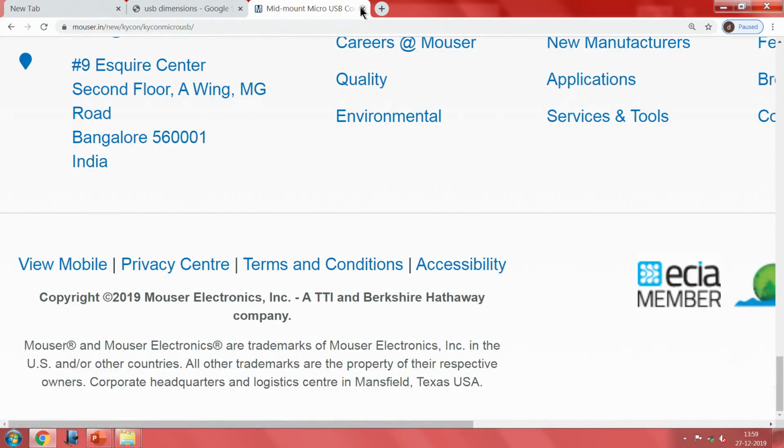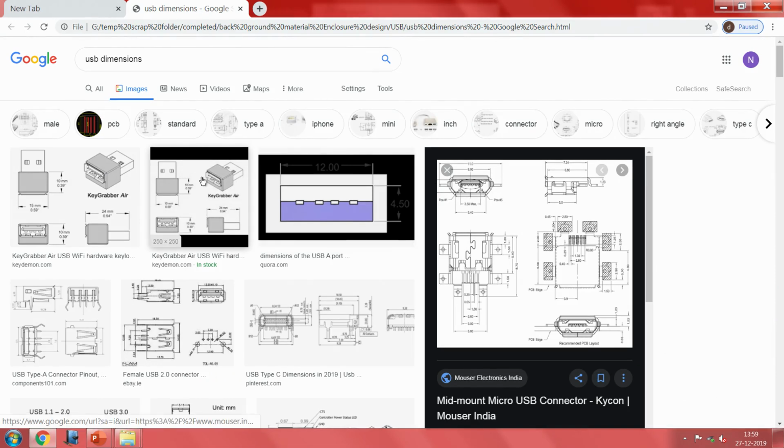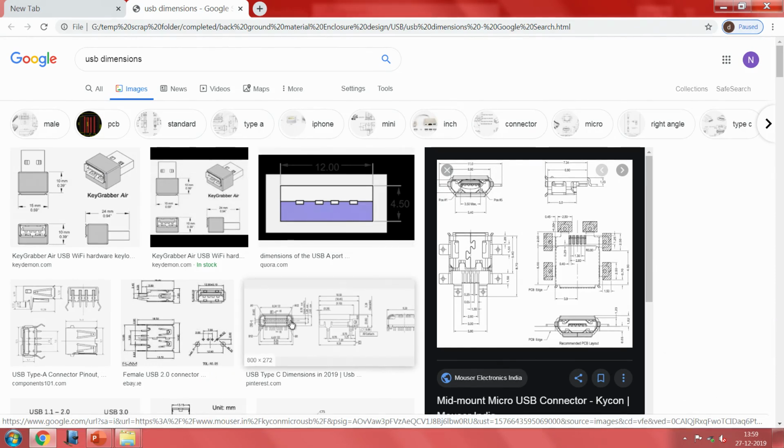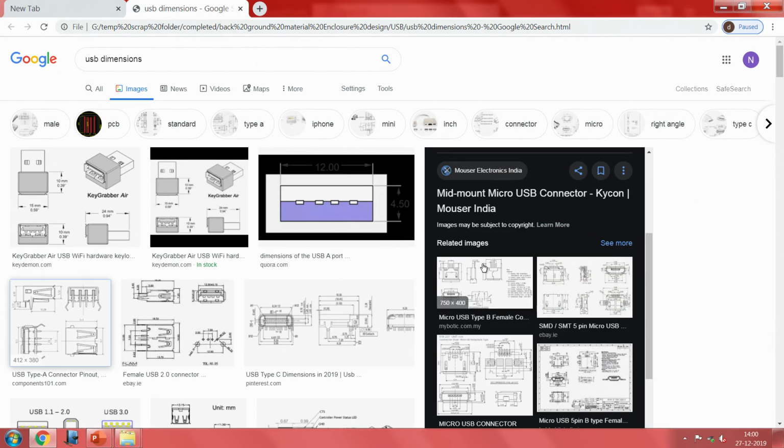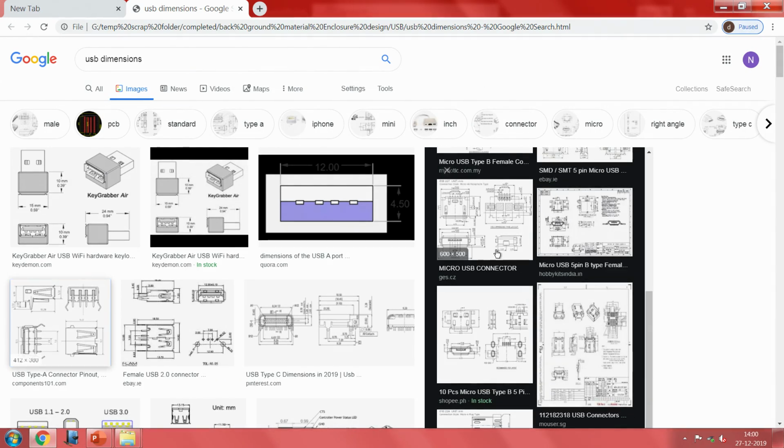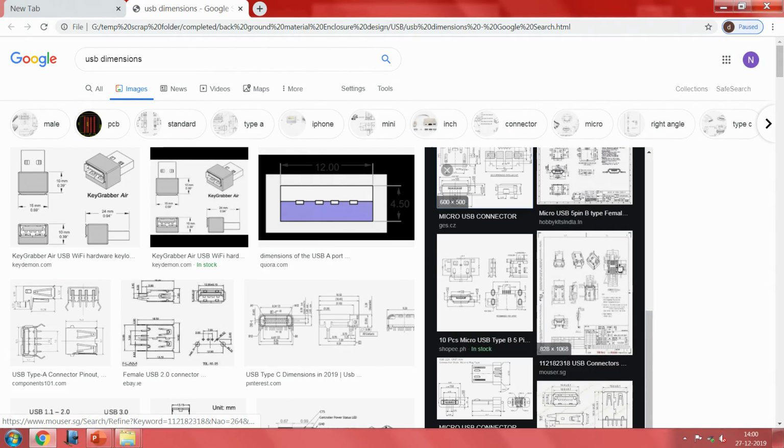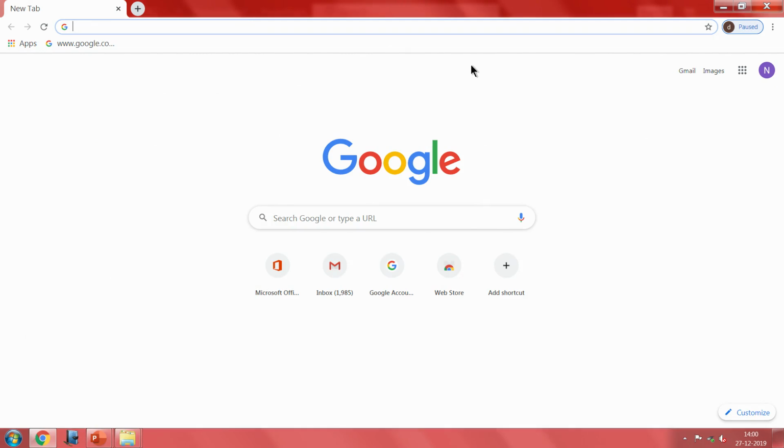So, if you now go around, you will discover that every possible option, everything has been given here and it is visible for us and usable.